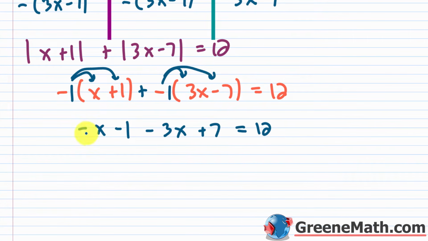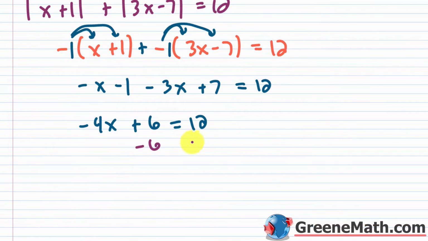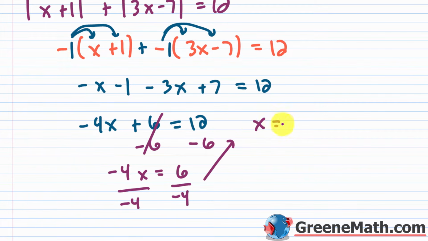Okay, so from here, negative x minus 3x is negative 4x, and then negative 1 plus 7 is going to be positive 6, and this equals 12. We will subtract 6 away from each side of the equation. Let's cancel this. We get negative 4x is equal to 12 minus 6, which is 6. Divide both sides of the equation by negative 4, and we'll say that x is equal to,